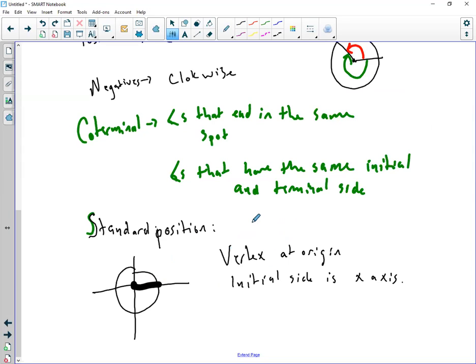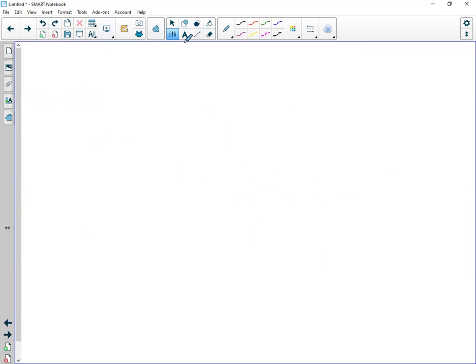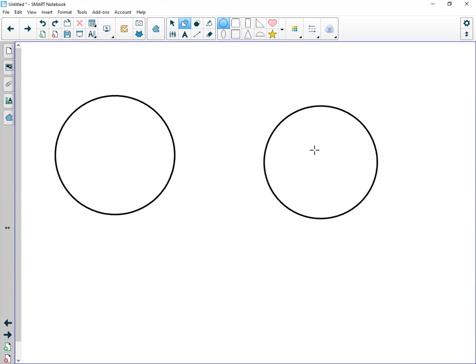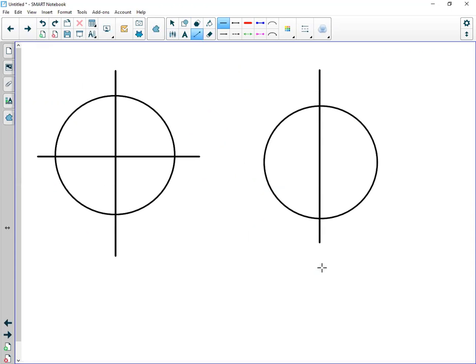So basically what I want to do now is show you what certain ideas look like, in terms of degrees and in terms of radians, okay? When we deal with radians and degrees, you have to be comfortable interchanging between both of those things. In both of those cases, we have 360 degrees, right? Whether this is radians or degrees, we know it's going to be 360 total degrees, right? So if we look at this in terms of X and Y axis,